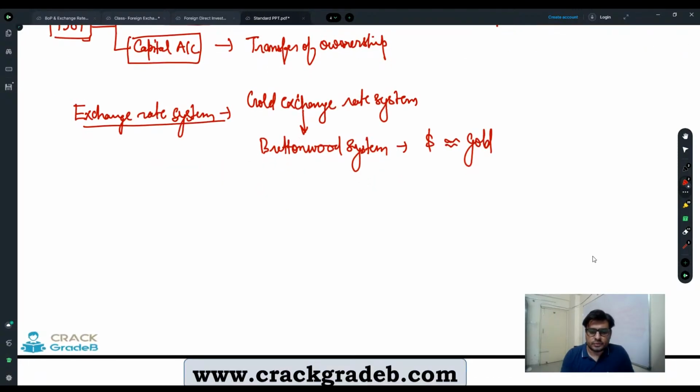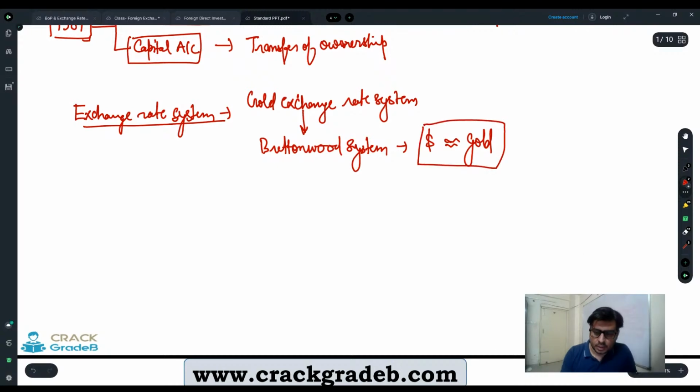In 1945, we opted for the Bretton Woods system. Under the Bretton Woods system, dollar and gold were fixed. Here, I just want to let you know one more thing. Till 1975, the rupee